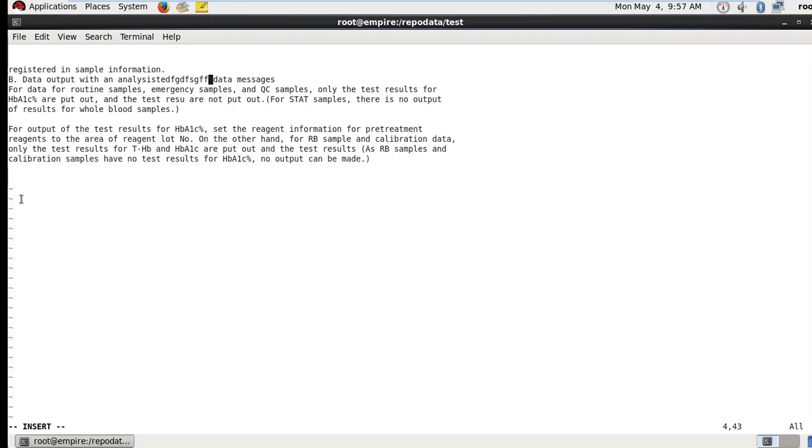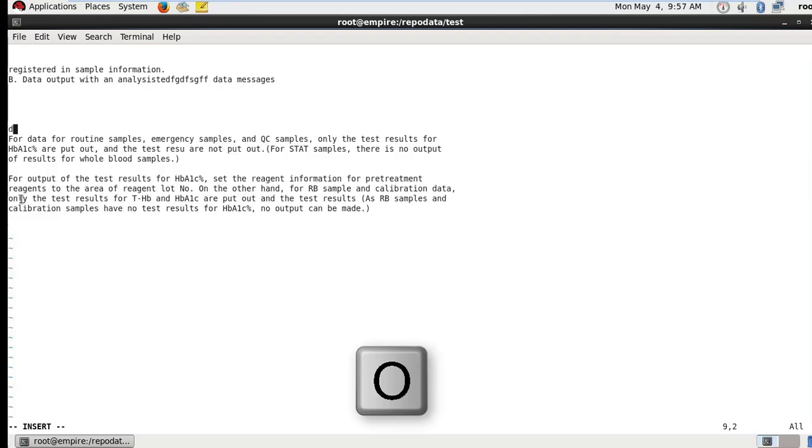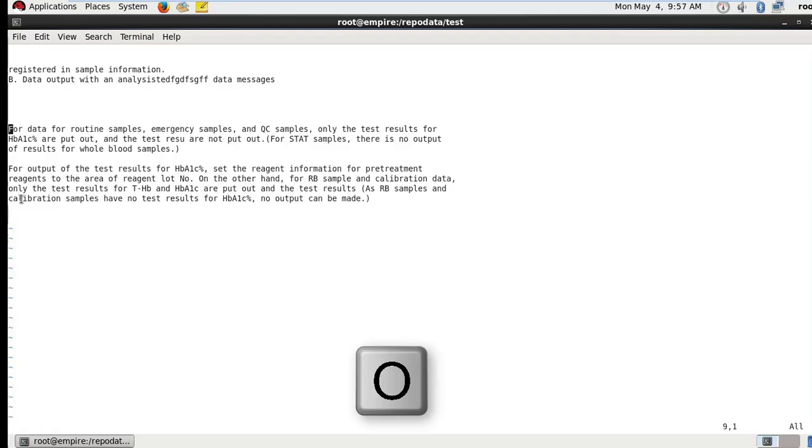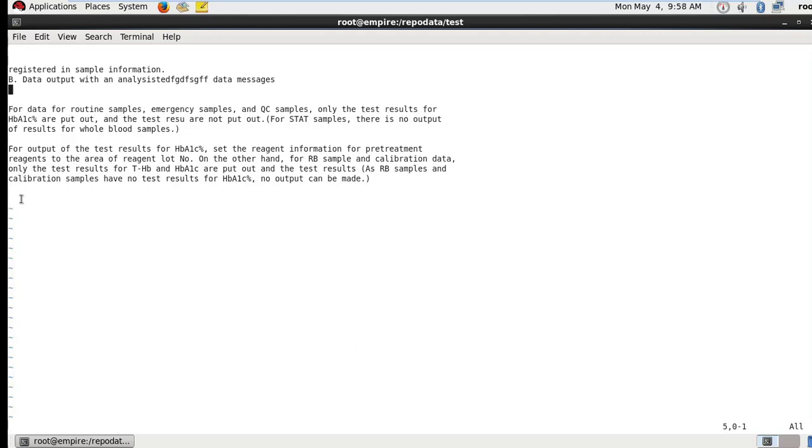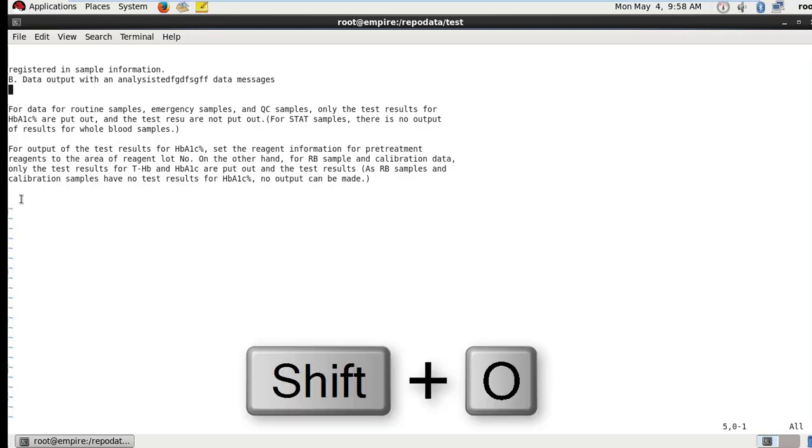To insert a blank line below the current line, type O in lowercase. To insert a blank line above the current line, type O in uppercase, shift plus O.